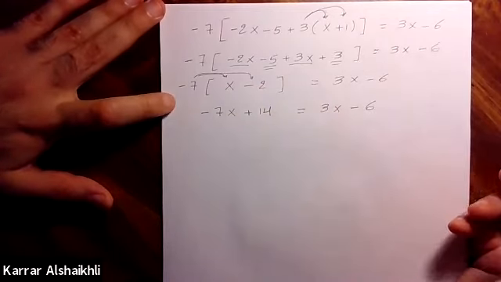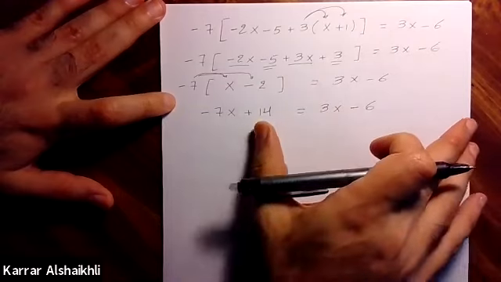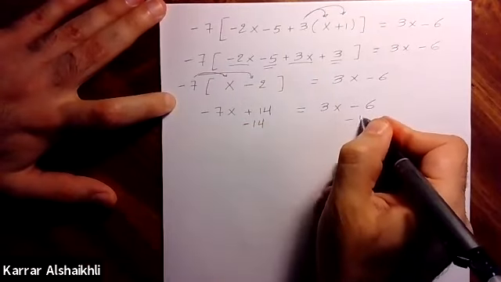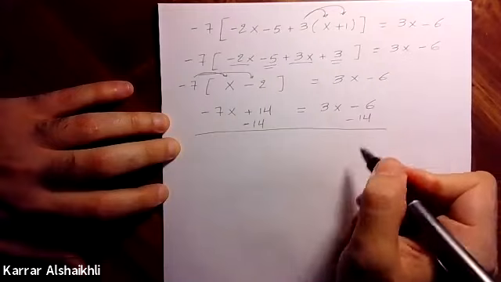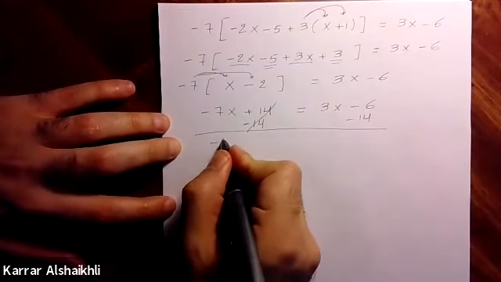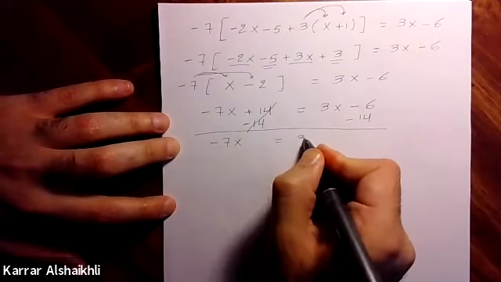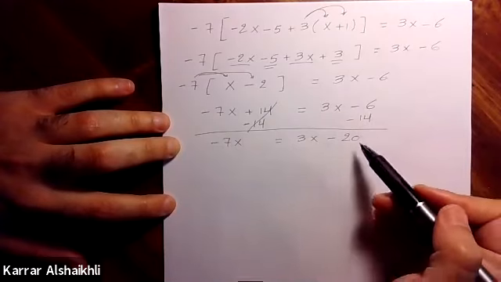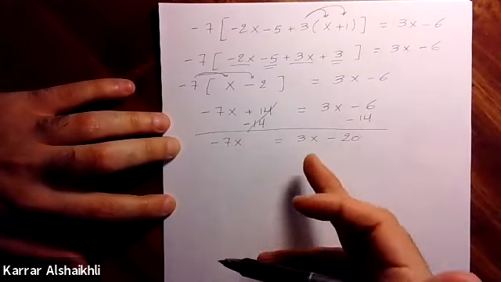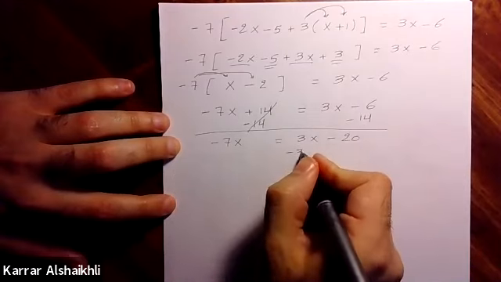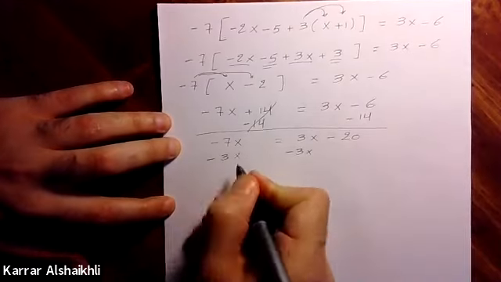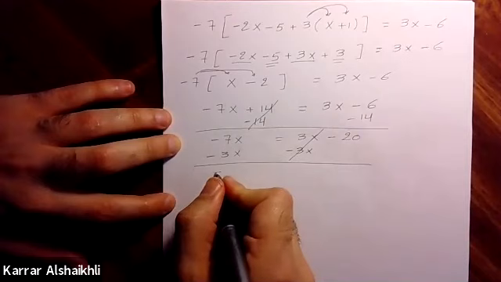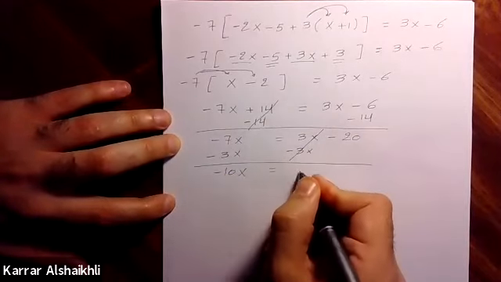Then next step, we're going to move the numbers to the right side and the variables to the left side. So I'm going to say minus 14 from both sides. Cancel these. The leftover here is negative 7x equal 3x minus 20, because negative 6 minus 14 is going to be minus 20. Next step, we're going to move the variable to the left side. So minus 3x, minus 3x. Cancel these. Negative 7 minus 3 is going to be negative 10x equal negative 20